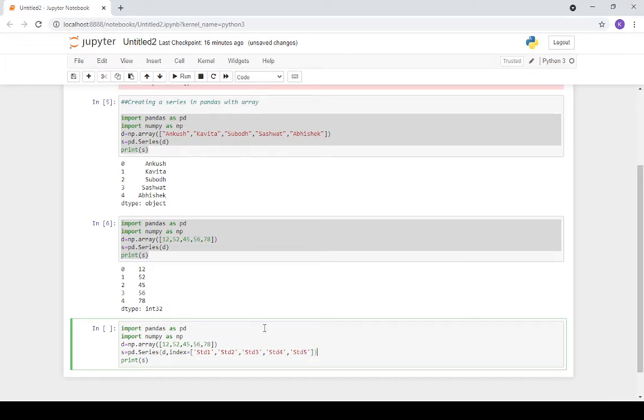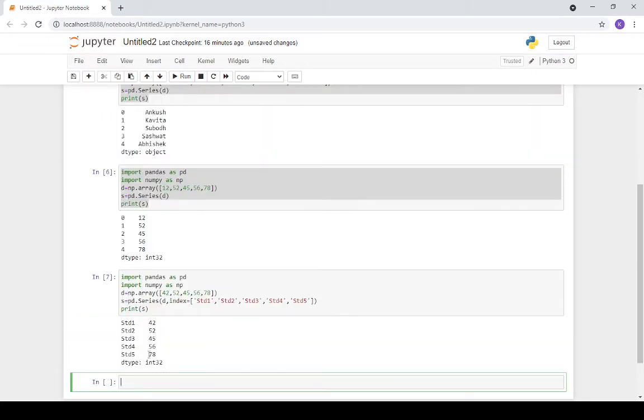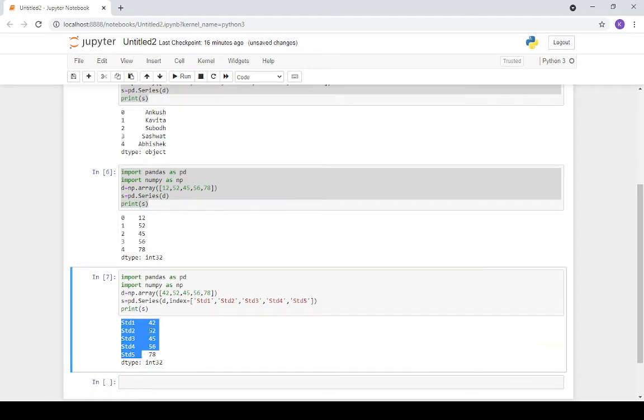Once we have created this, suppose I'm changing this number, taking the marks from here. Once we run it, you can see the index, whatever it was, will change into std1, std2, std3, and std4. I hope it is clear, and you will be able to create this.